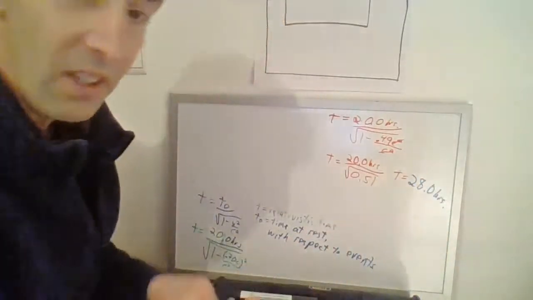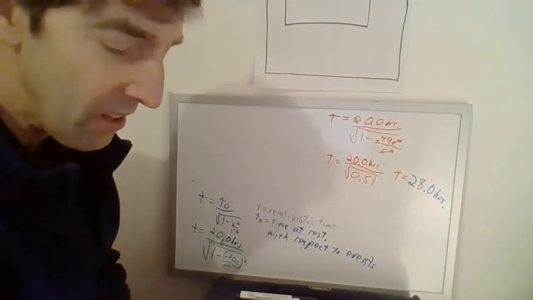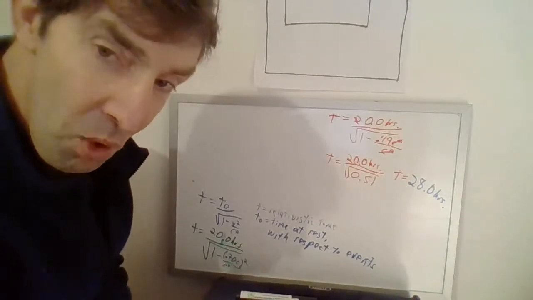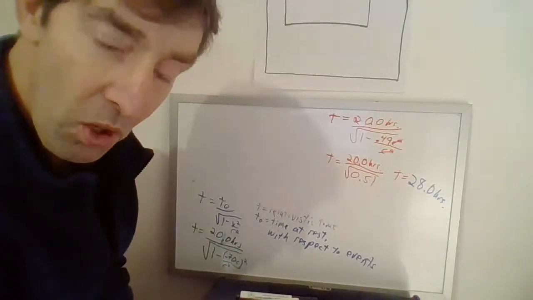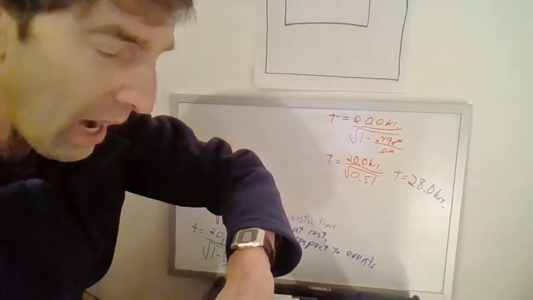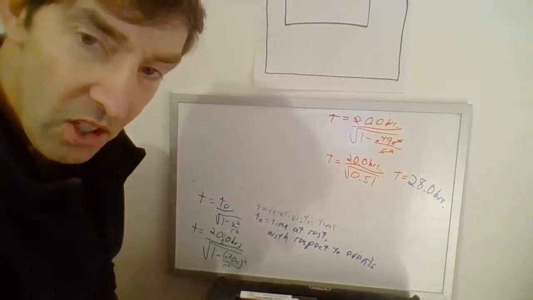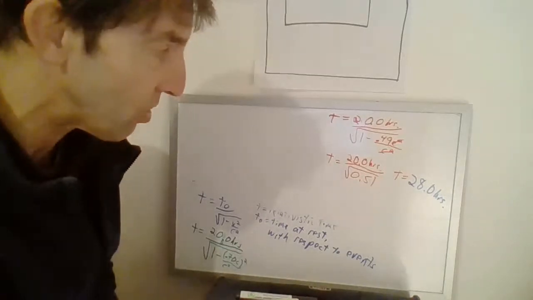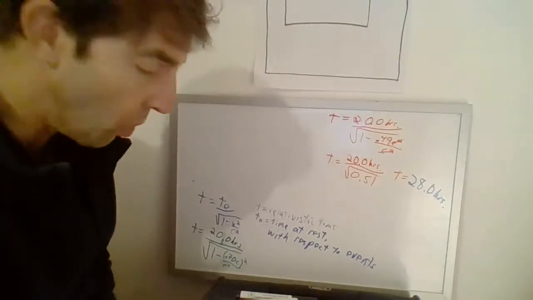Ta-da! Thank you, Ellie. That's correct. It's not only the right answer, but it kind of makes sense. So to the folks back home that are not moving at 0.7c, it's taken more time. Even though we measure it with his watch, it's still showing that the movement causes time to pass more slowly back on Earth. So back on Earth, 28 hours have gone by instead of 20, which is kind of cool.